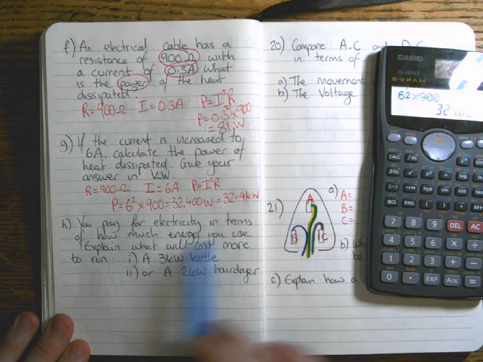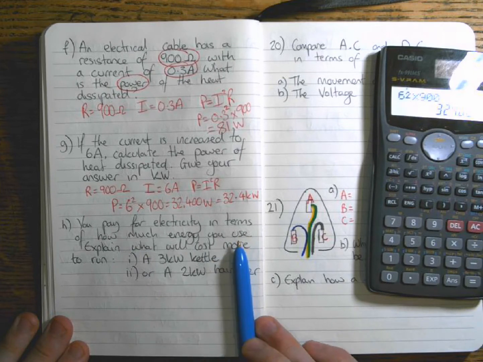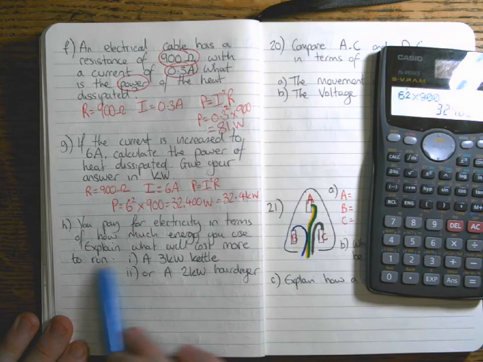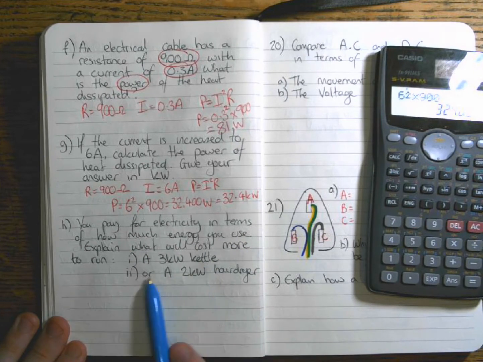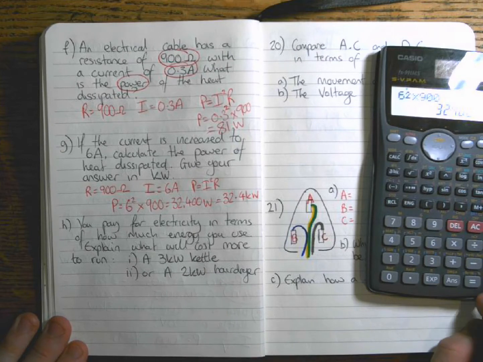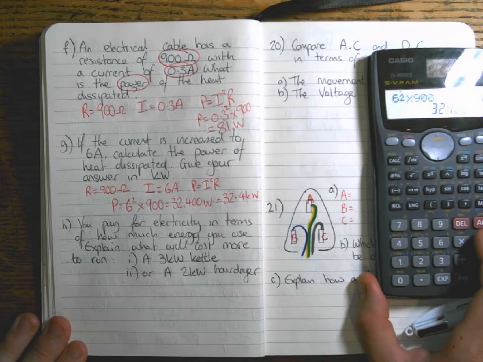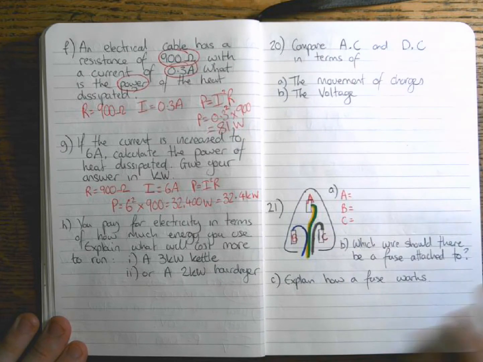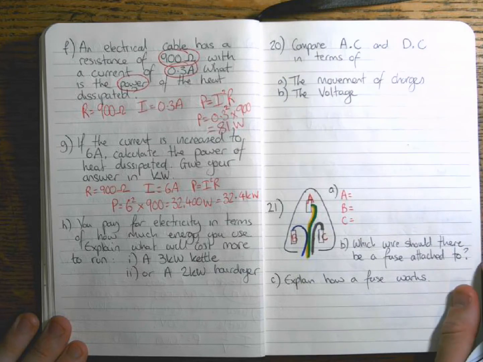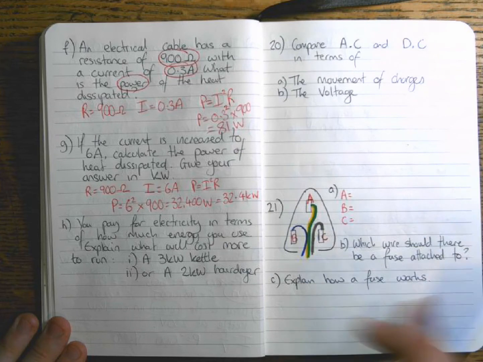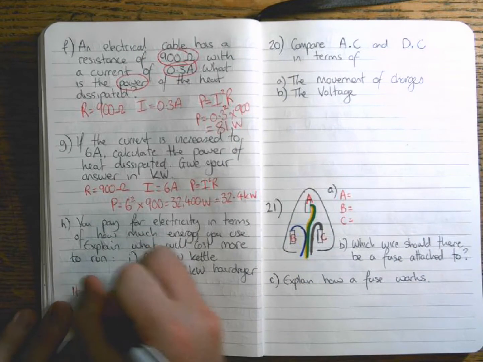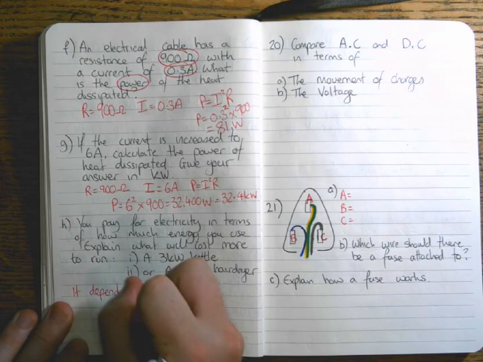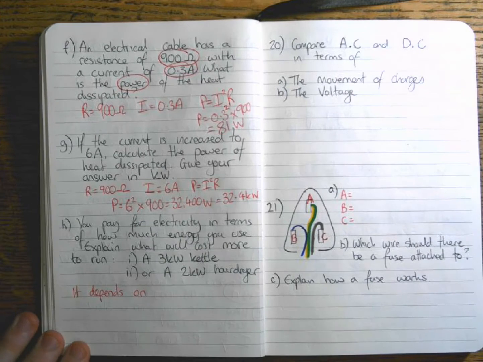You pay for electricity in terms of how much energy you use. Explain what will cost more to run, a 3 kilowatt kettle or a 2 kilowatt hairdryer. Now this is a bit of a trick question. That's my clue. What will cost more to run, a 3 kilowatt kettle or a 2 kilowatt hairdryer? It's a trick question because it depends on,